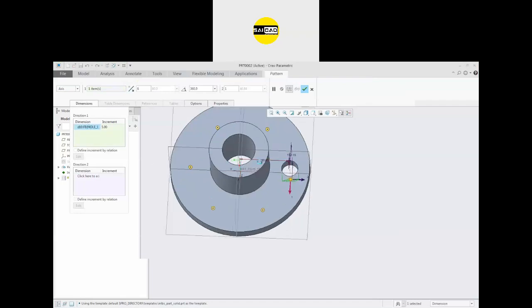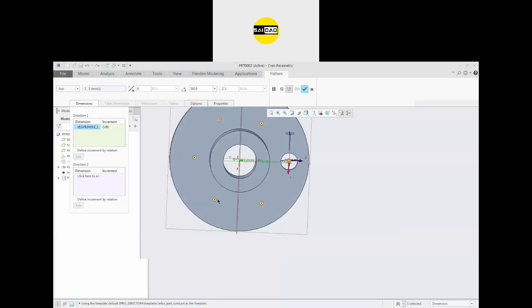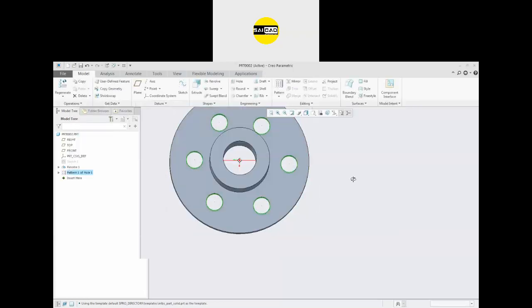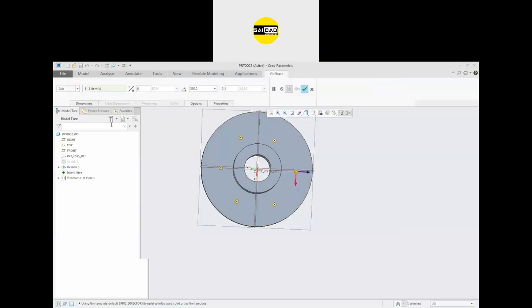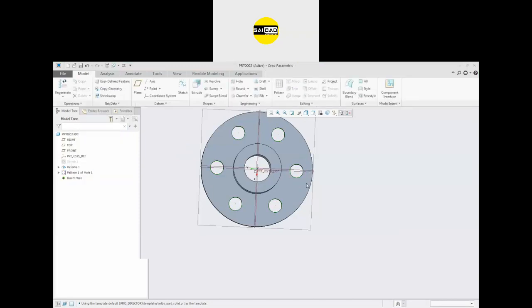I want to change the between gap. I want to define the increment from 150 to minus 5. Okay. So every object will be created in internal side. Okay, they will be dragged inside. The PCD will change now. Okay, we have some gap here like 150, here it will be 145, 140, 135, 130, 125. You can change anything in the pattern. So very easy command and very helpful command. So this is the circular pattern. After that we have another type.